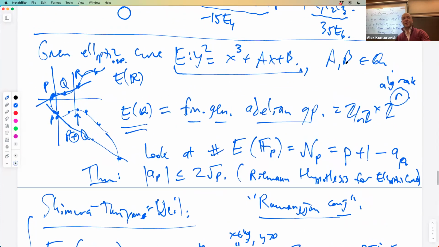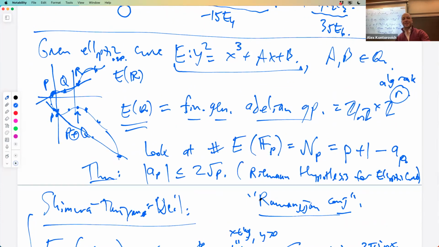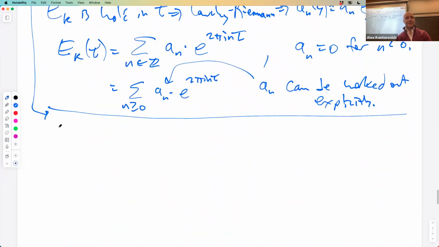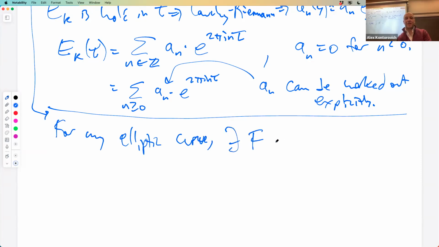For any elliptic curve, for any rational elliptic curve, there exists, and I'll say why this is an instance of Langlands, they conjecture that for any such elliptic curve, there exists a modular form F on some other group, not SL2(Z) itself, but some congruence group, and not of weight k, but of weight 2, in fact,